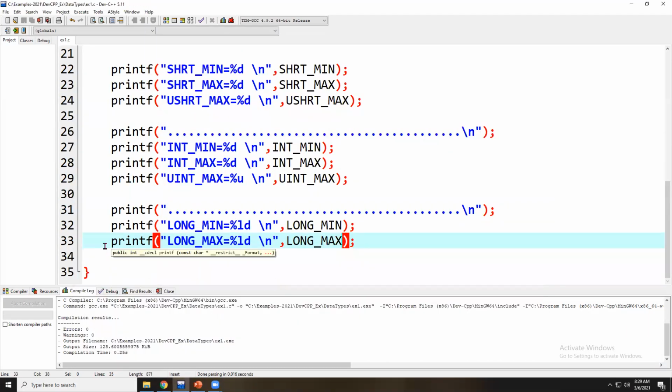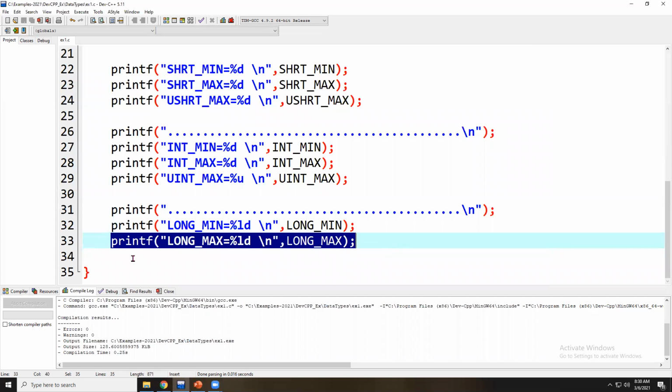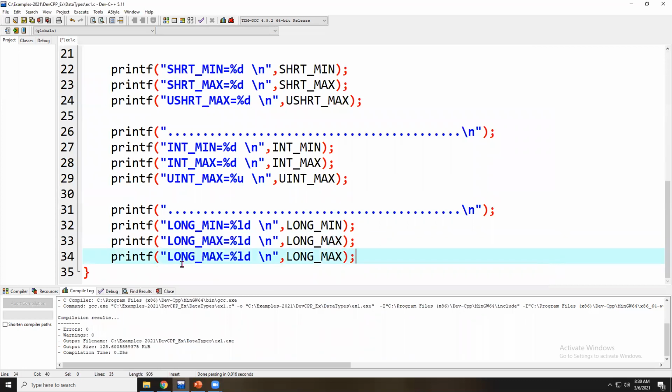Next, unsigned long max. I want to print the next value. ULONG_MAX. Unsigned long means what? ULONG_MAX. What is the format specifier?